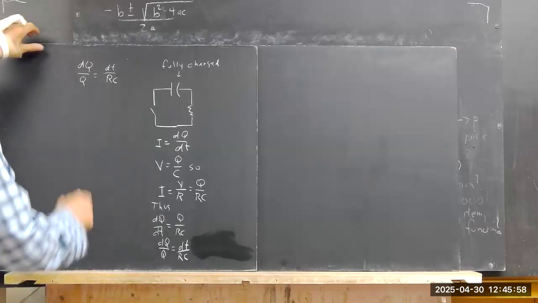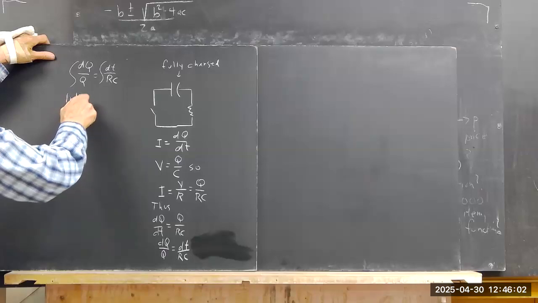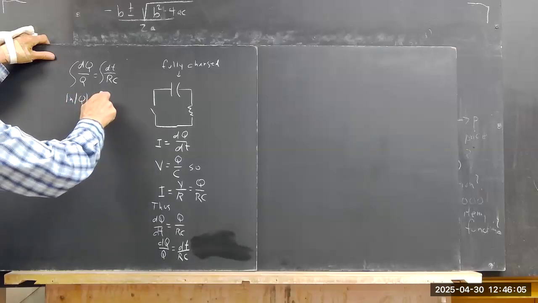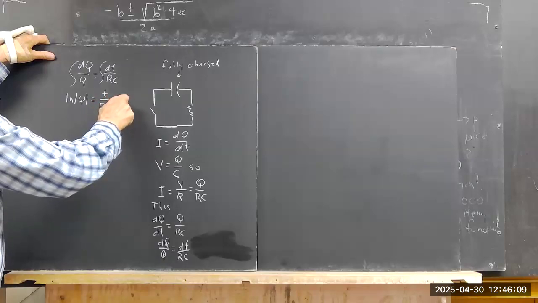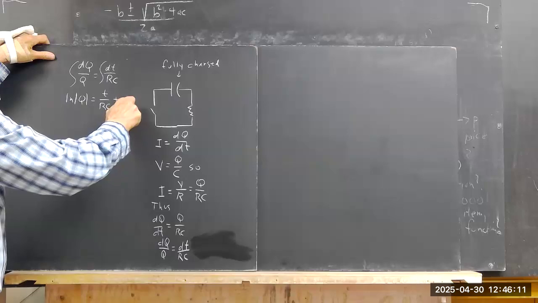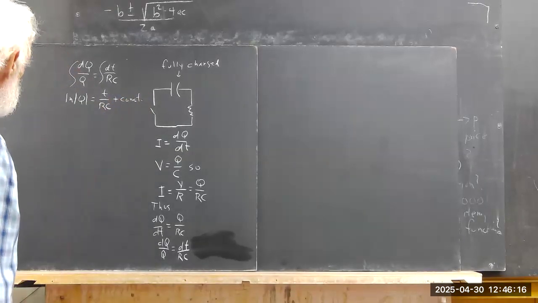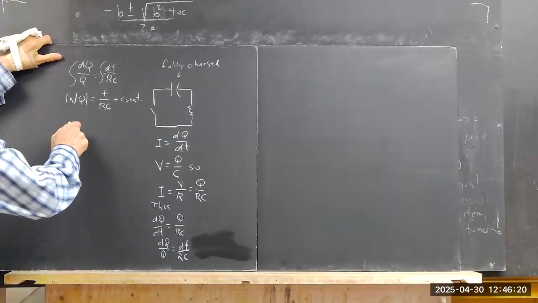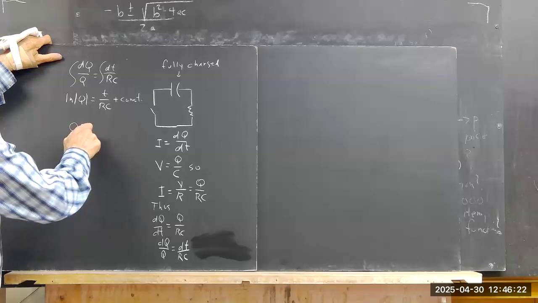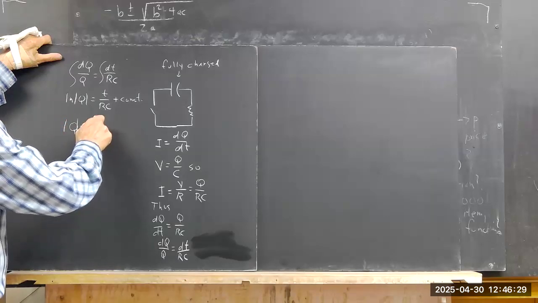We have this equation. I'll just integrate it. We get the natural log of the absolute value of Q equals t over RC plus an integration constant. I don't want to use C for the constant, so I'll just write out the constant. So the absolute value of Q equals e to